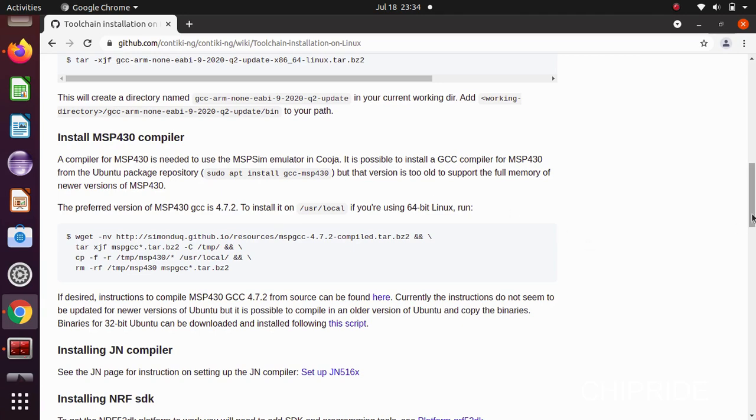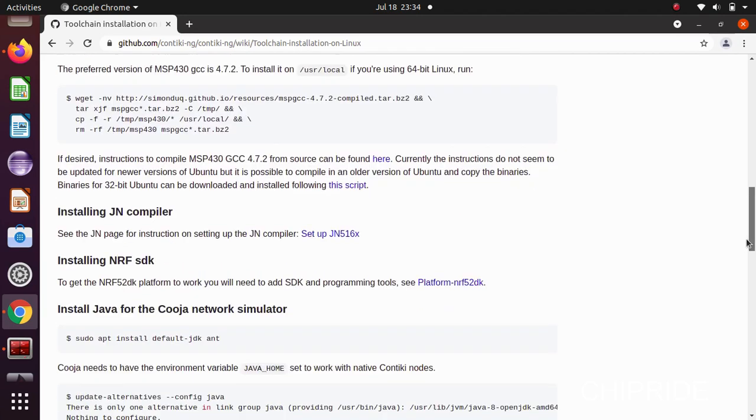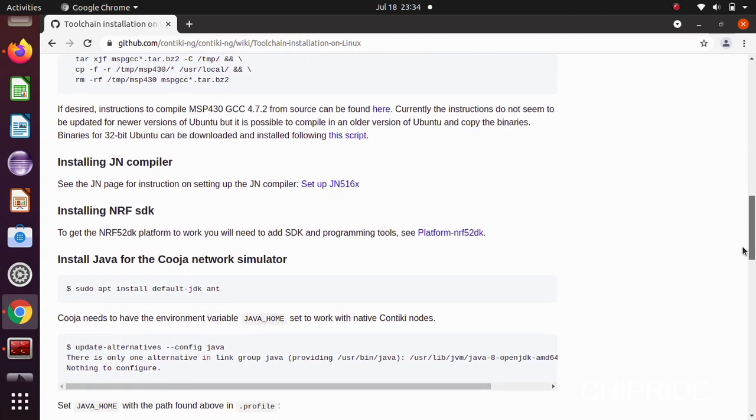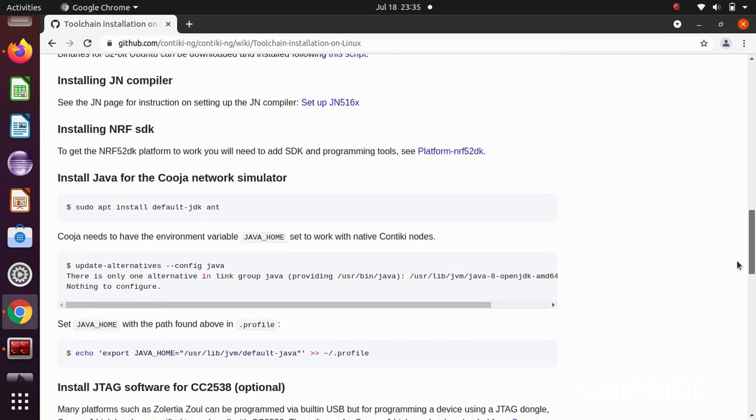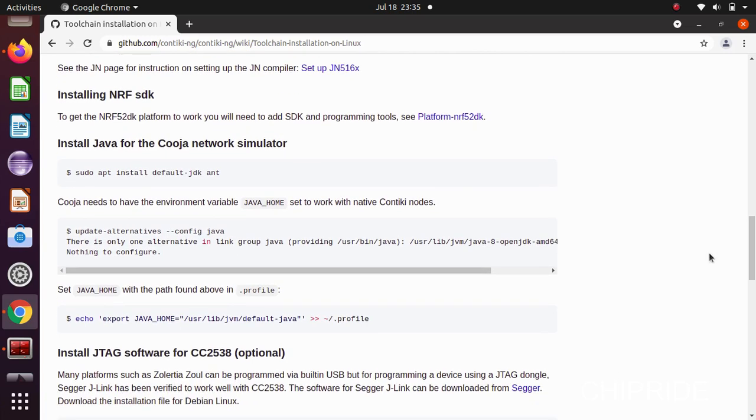Next, you can go with installation of Java, which is required for Cooja simulation. If you have the latest Linux, you will have Java 11, so you can go with Java 8.